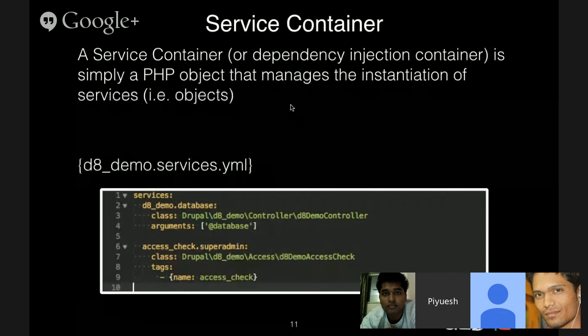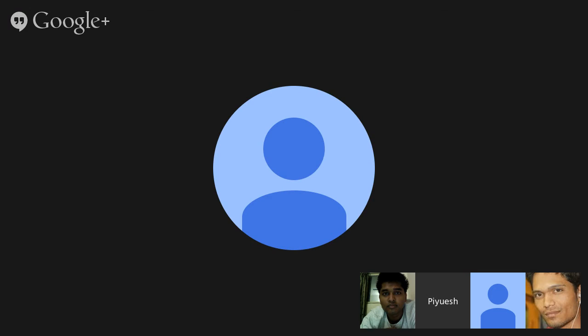Yeah, I'll go through that now. Just now. Is it clear till here? I mean, can we move forward? Okay. So in Drupal 8, there's a file called services.yml. Now, what would this file store? So for example, if you're going to create a controller,